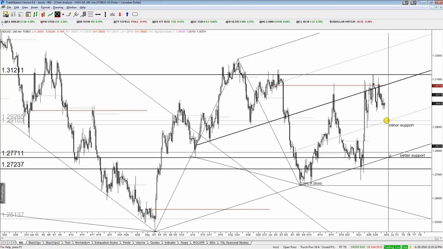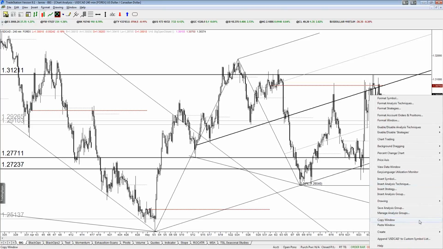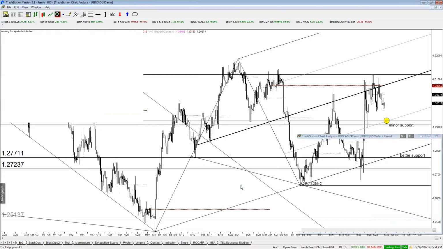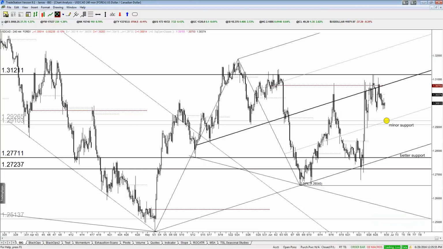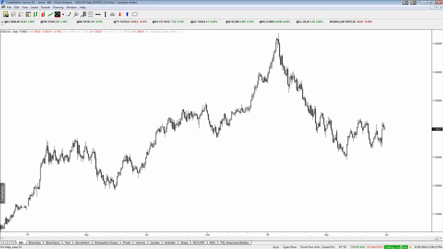Followed by the support down here, which is 27.70s, maybe a little higher, considering it's upward sloping. And the thing with dollar CAD is you continue to be capped by 130.20, 130.90. And Kelly right here says, would you think of shorting dollar CAD? Yes, I would. But again, I would want to do it on a pop. Let me show you the daily. I would want to do it